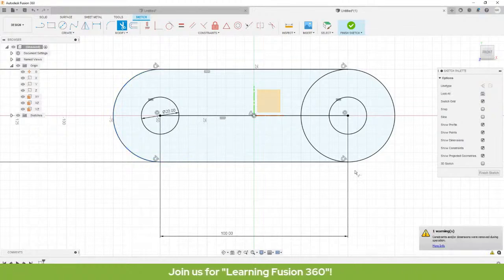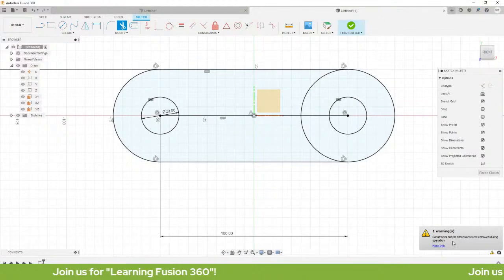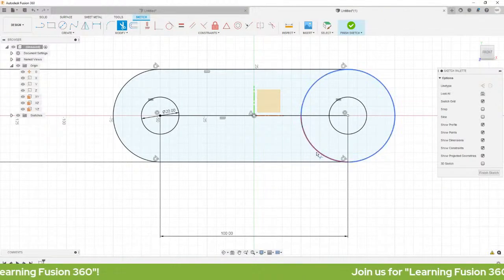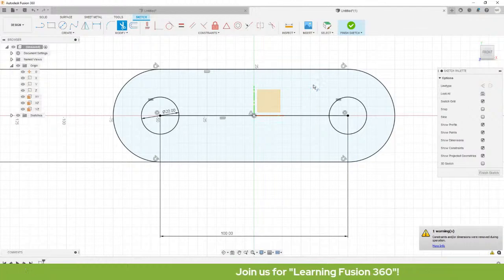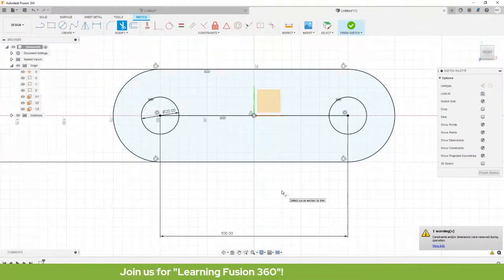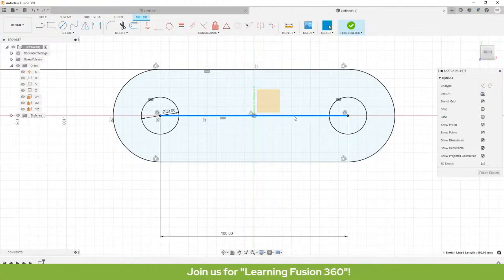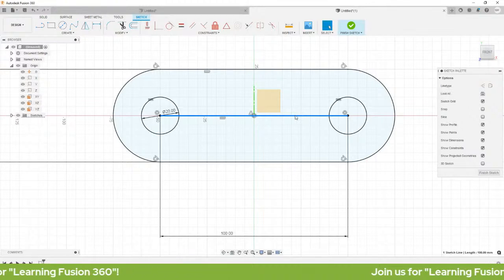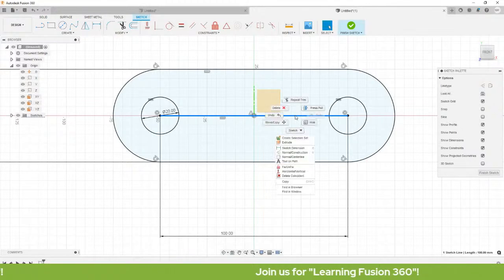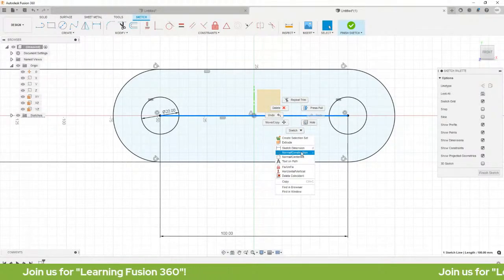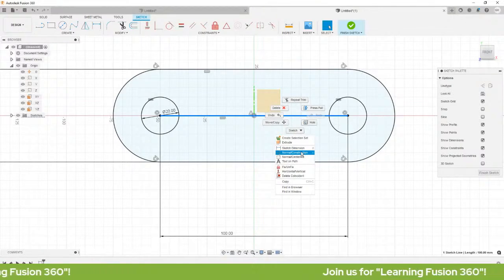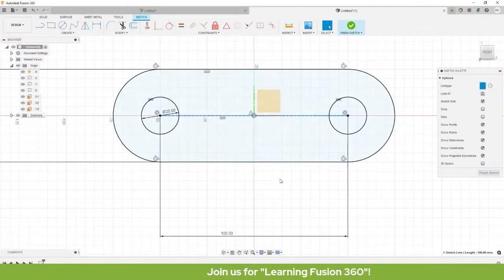Yan. So, meron siyang warning na constraints and or dimensions were removed during operation. So, this one and this one. Okay? Let's hit escape. So, this line serves as a helper. Ginamit lang natin siya para magitna natin. So, ito ay pwede nating gawing construction line. You can do that by pressing X or right-click, select horizontal, normal/construction line. Dahil naka-normal line siya, iti-turn niya yan sa construction. Okay?